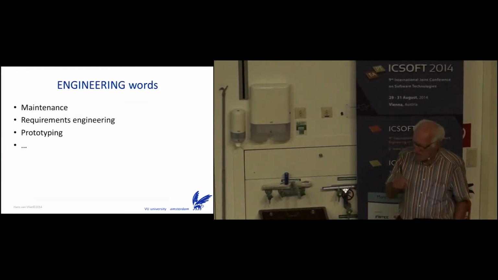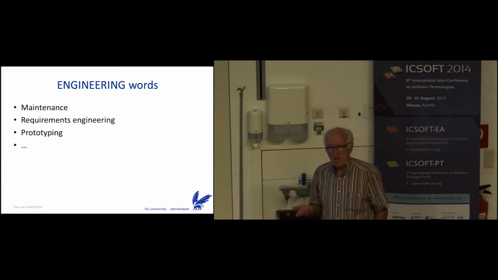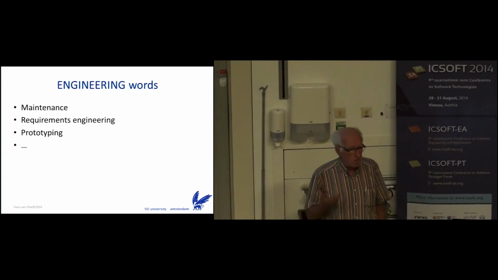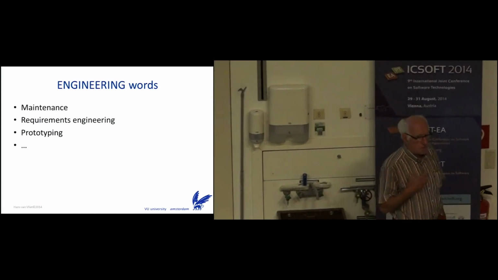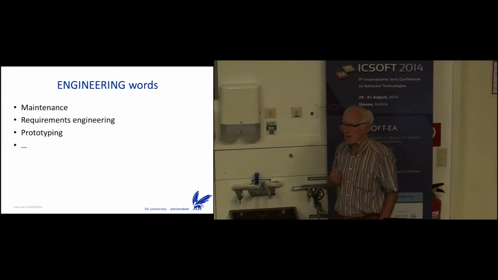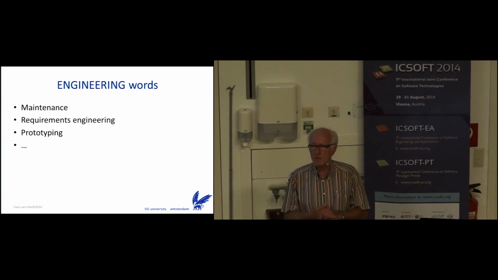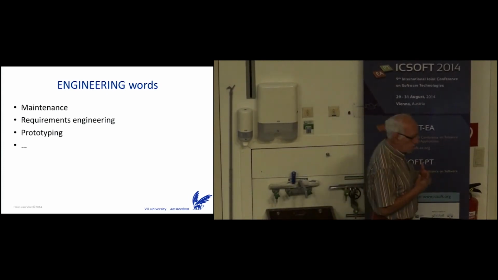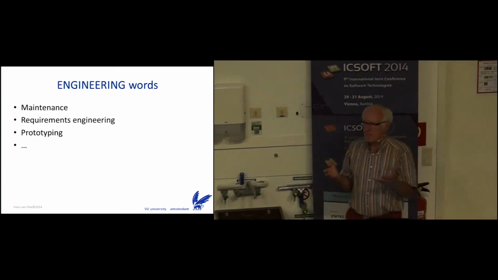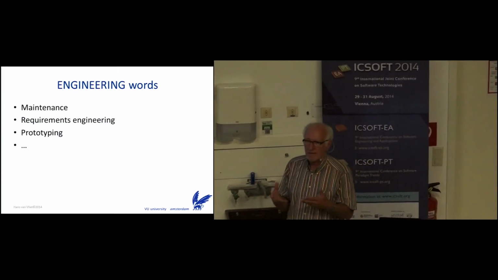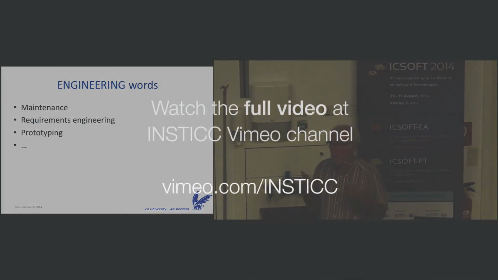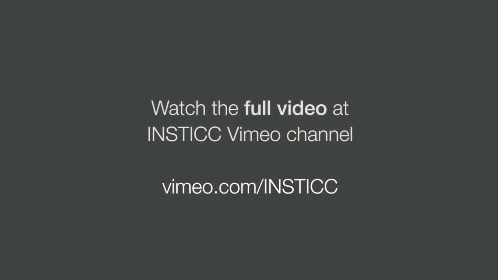And you see, if you look at the field of software engineering, engineering words are all over the place. We talk about processes, we talk about requirements engineering, we talk about maintenance, we talk about evolution, all engineering words. And these words have more than a surface influence. They influence the way we think about what we do. For instance, in requirements engineering, many people, at least in the early days of software engineering, and in my opinion still, many people have kind of a Taylorian functional view of requirements engineering.